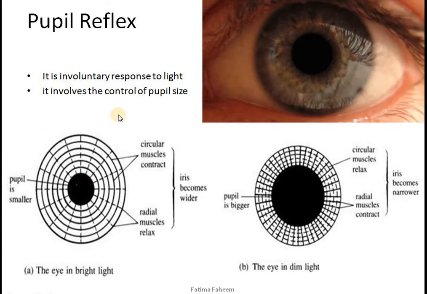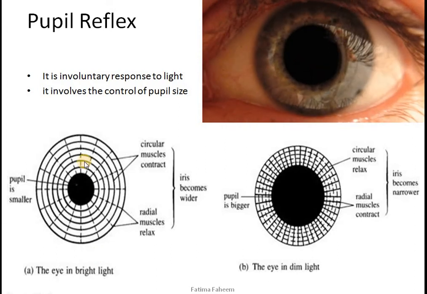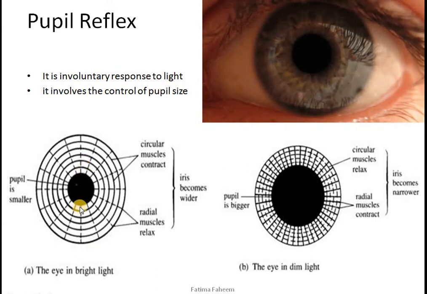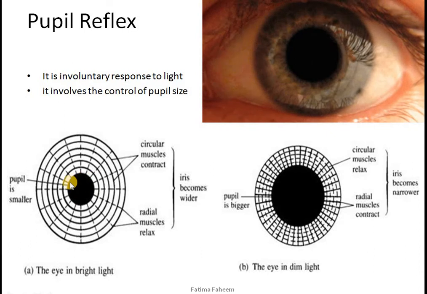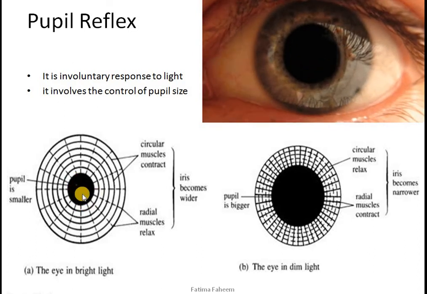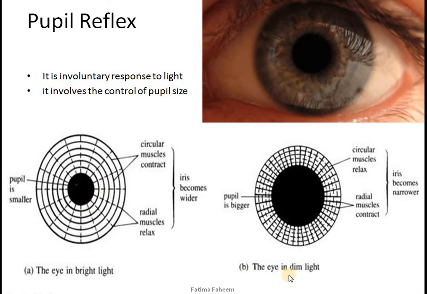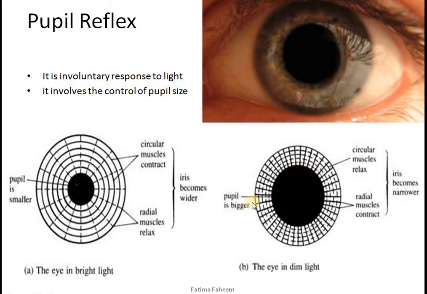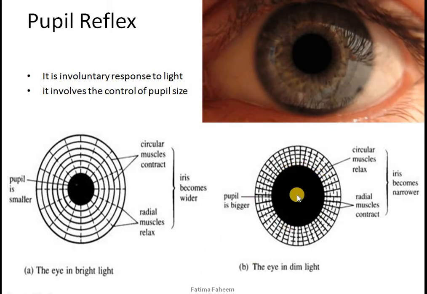So we got to know this common observation that whenever we are exposed to intense light, this is a defense mechanism that the pupil would constrict to decrease the amount of light entering the eye, preventing damage to the retina. On the other hand, whenever we are in poorly lighted rooms or areas, our pupil would dilate so that more light would enter the eye on the retina to give us a clear image.